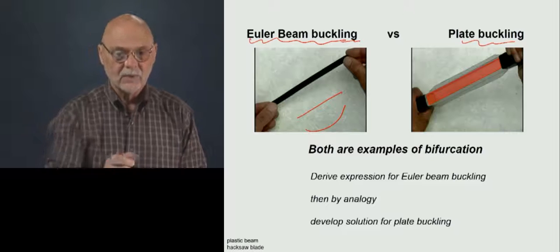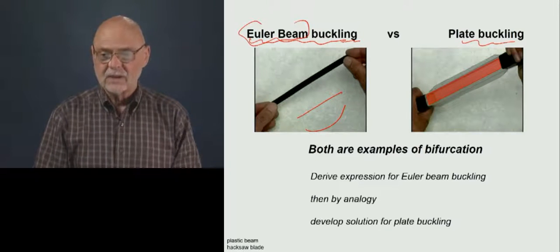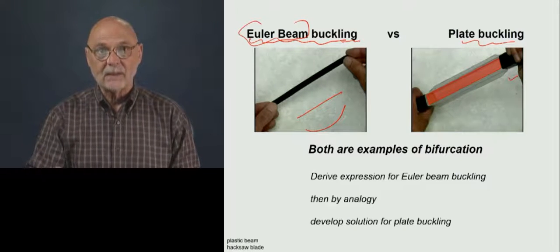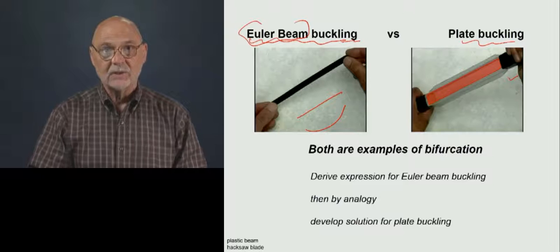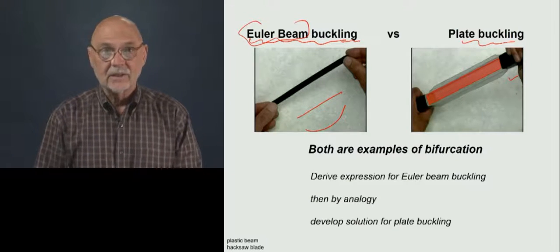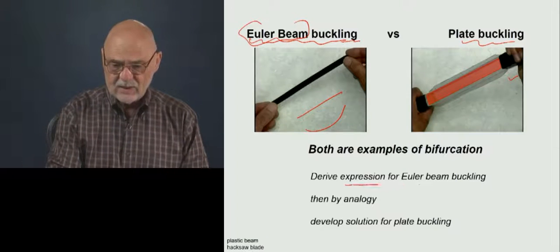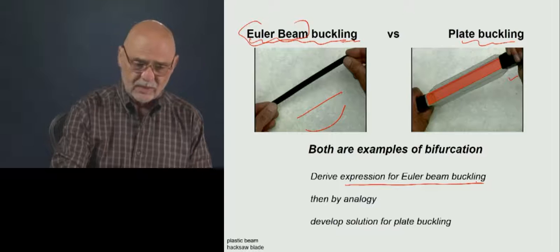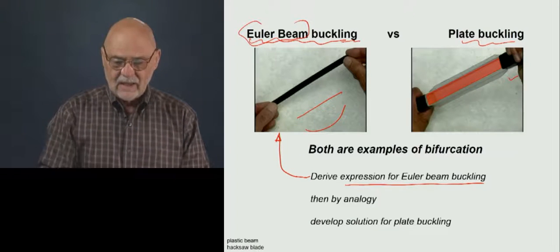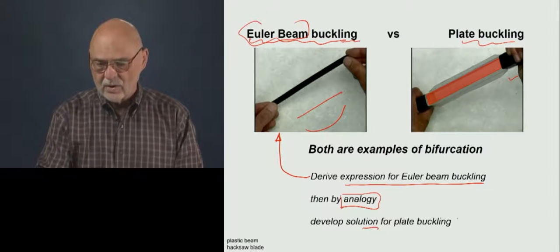So beam buckling, which is the Euler beam buckling, is an example of bifurcation. Plate buckling is as well. The plate goes from being a perfectly flat plate, being loaded in compression, to instantaneously turning into this kind of ripply shape. Okay? So what we're going to do is derive the expressions for this simpler case, which really isn't the one that we're ultimately interested in,